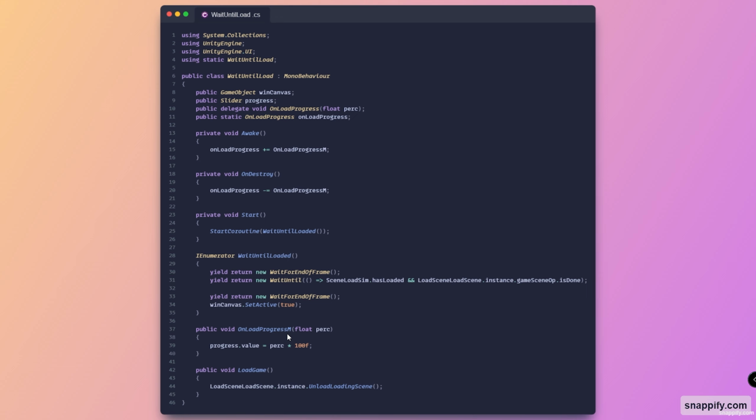And then the last script is the wait until load. Here we've got the references to our UI, so the win canvas and the progress. And then here we have a delegate for the onload progress. It takes a float percentage. On void awake, we subscribe to this event. This is the method that we are passing in. It's called onload progress m, takes in a percentage, multiplies it by 100, and then sets it on progress at